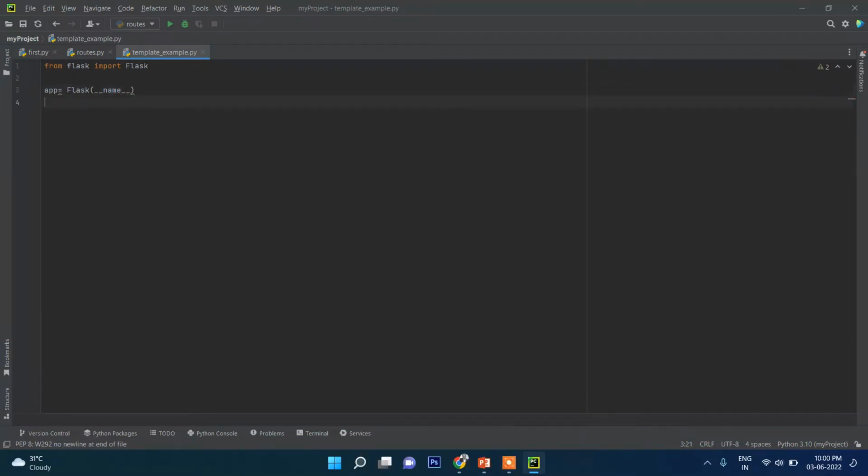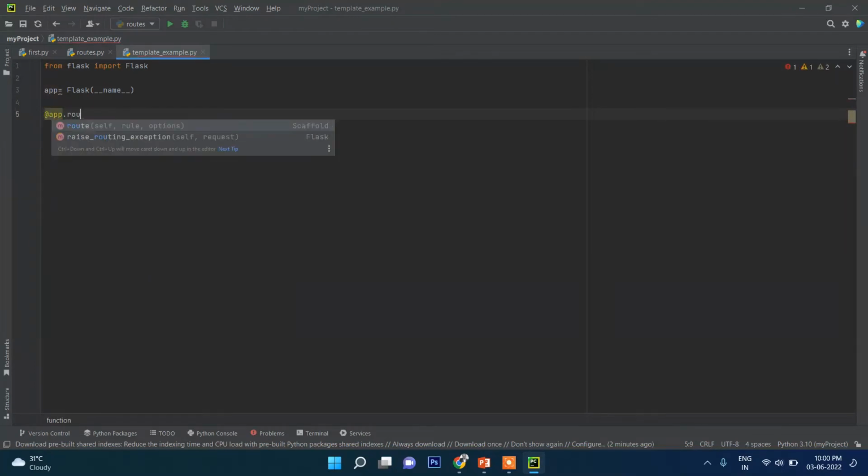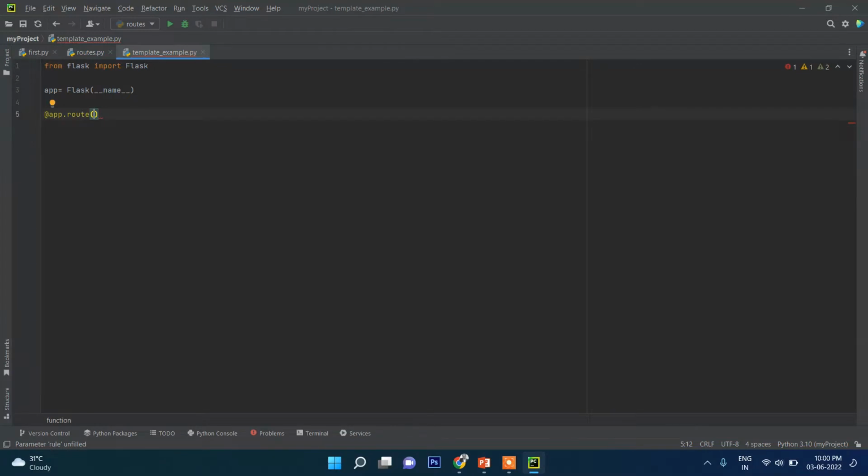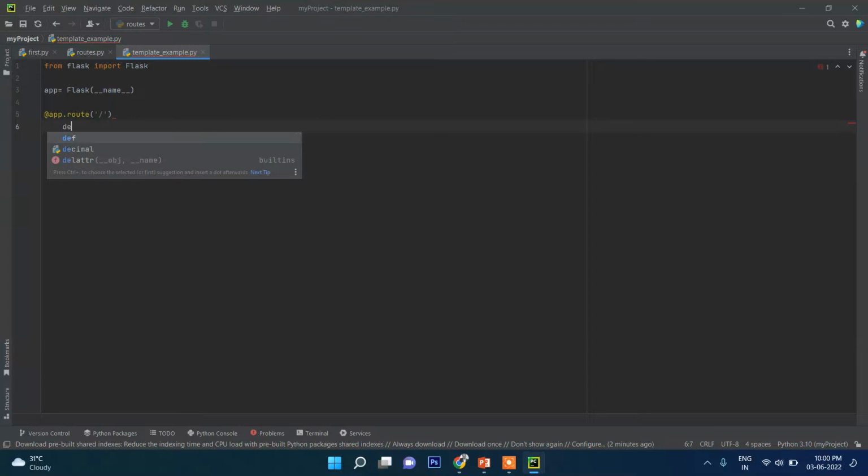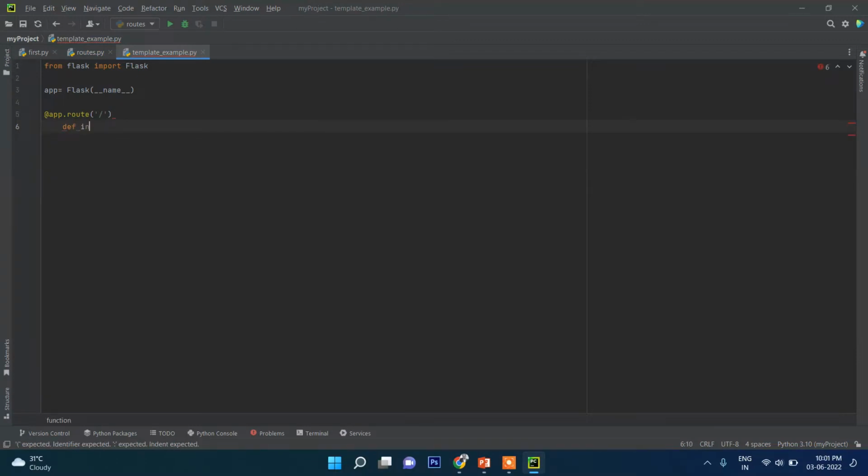After this, @app.route, and inside this we will write home. It's simple. Then def index colon return,